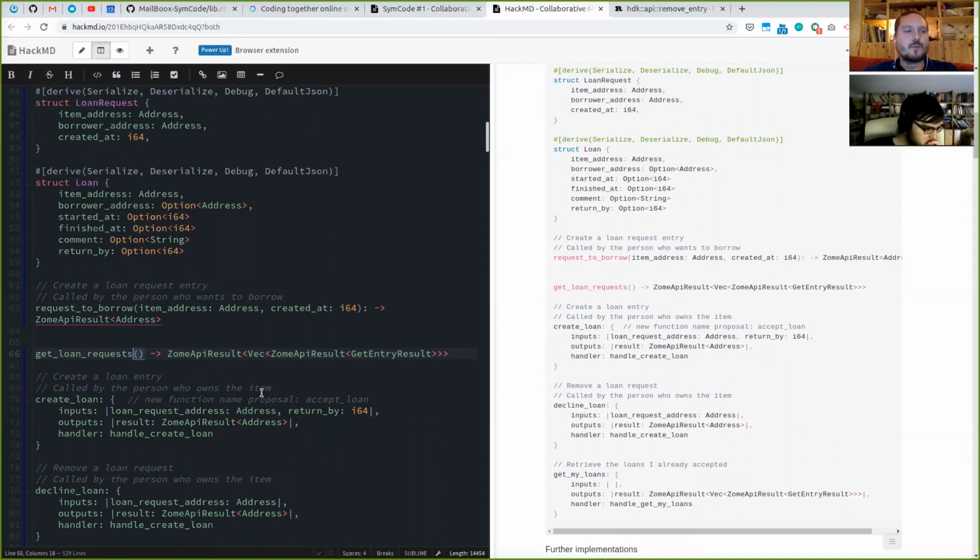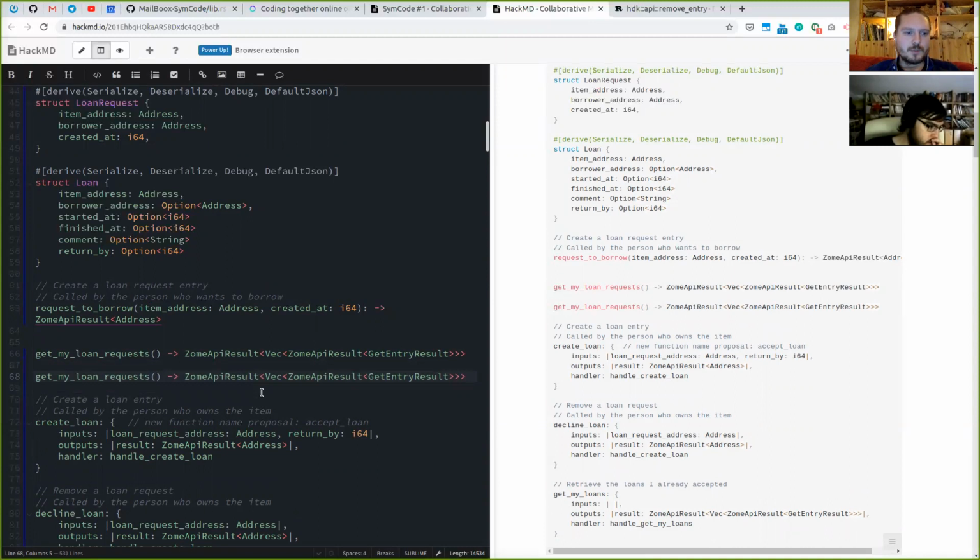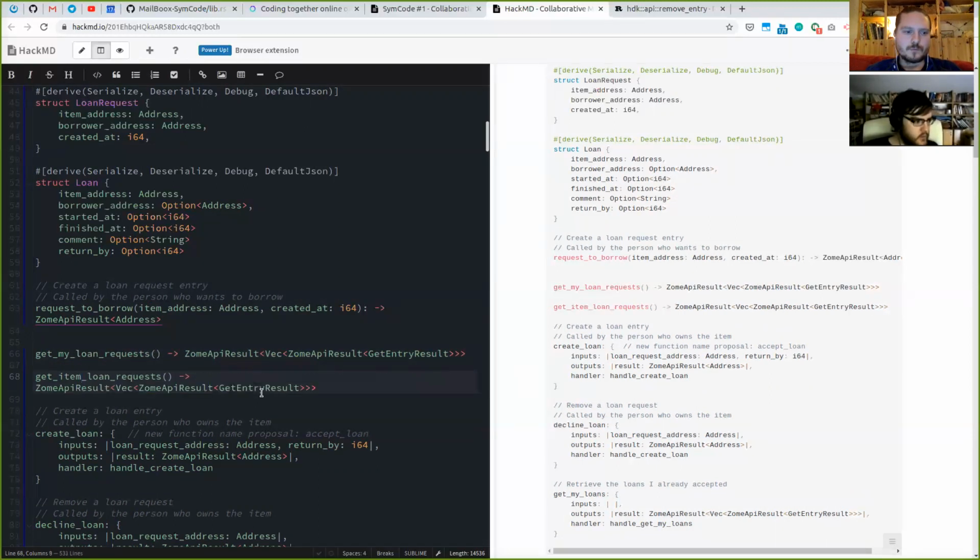I'm guessing, would it be useful to get any other loan requests than your own? Maybe if you want to see if you're on a waiting list. Actually, you want to be able to see the loan requests that you've made, but you also want to see the loan requests that are made to any of the books that you own. Exactly. So we could say get my loan requests, and then I suggest to do it this way: get item loan requests,